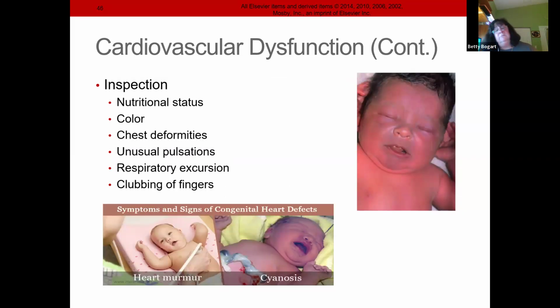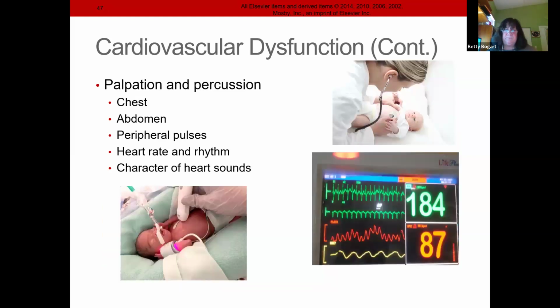So when you get a kid, what do you look at? Well, height, weight, color. Let's see. I can take my hand and put it on the chest on some kids with murmurs, and you can feel buzzing without even a stethoscope. You feel those murmurs, whether it's a ventricular septal defect or, as we'll go into further, a patent ductus arteriosus. You can actually feel them, but you can hear them too. That's why we listen to them. You know, clubbing doesn't happen until later on.